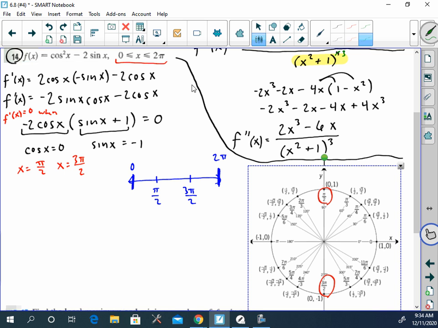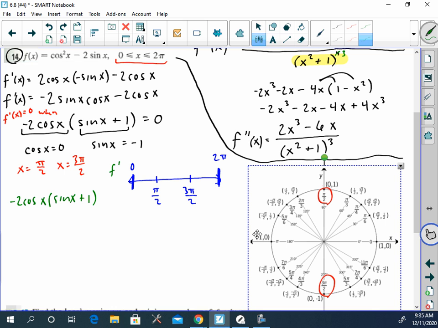So we're plugging into the first derivative. So I'm going to write here, this is my first derivative. And if I plug in something between pi over 2 and 3 pi over 2, we could just plug pi into it. And we're plugging into the first derivative. I like using this factored form here. So I'm plugging into -2 cosine times sine of x plus 1. Okay, so if I plug in pi